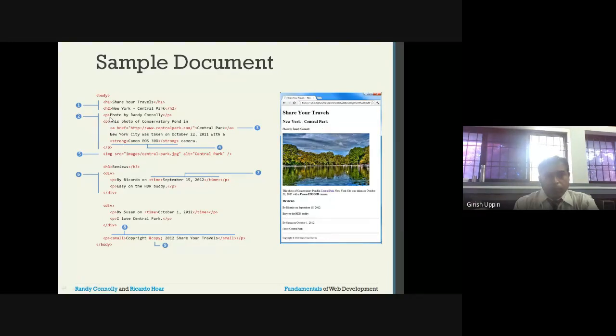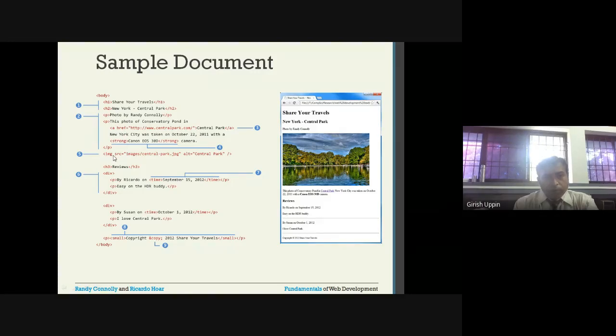And next we have a paragraph, "Photo by Randy Connolly." So you can see the photo by Randy Connolly, and here you can see the image. Actually, this one will come here. Okay, we have the code I have written according to this. We will see how the output looks, where we have the paragraph. This is the paragraph. After that there should be the image, insert image.